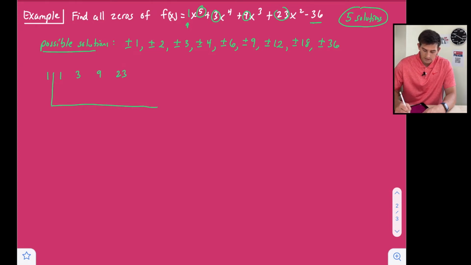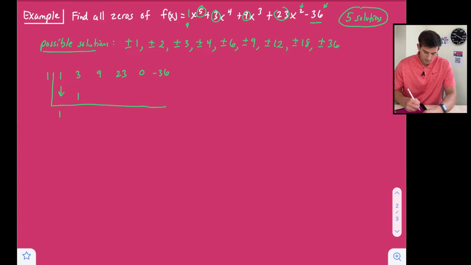Notice I'm going from my x squared term to my constant term, so we need to put a 0 in here for our linear term, or our term that would just have an x. And then lastly, negative 36. Okay? So now for synthetic division, we always bring down our first number, and we're going to multiply the diagonals and add the verticals. So 1